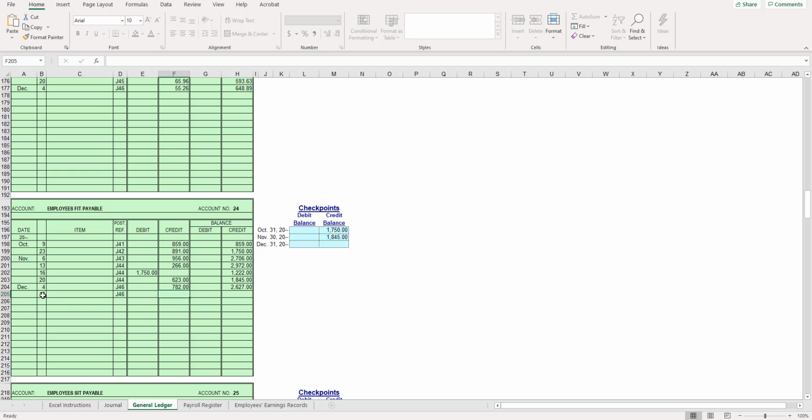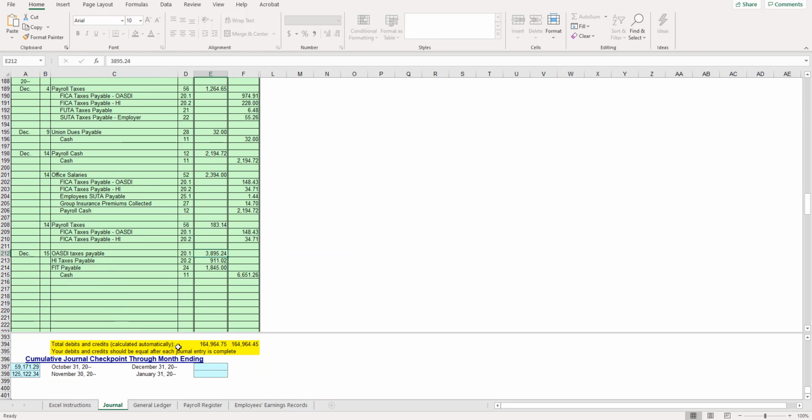Okay, and for this one, you look at the end of the month again, we had, looks like $1,845 that we paid. Yeah, so that is how we determine these items. Make sure that you are posting them to the ledgers, and make sure you're updating all of your post-reference numbers, etc. when we do these. Okay, so next item